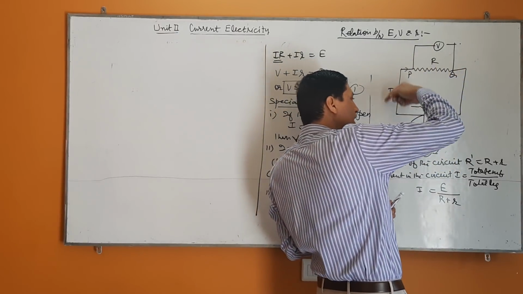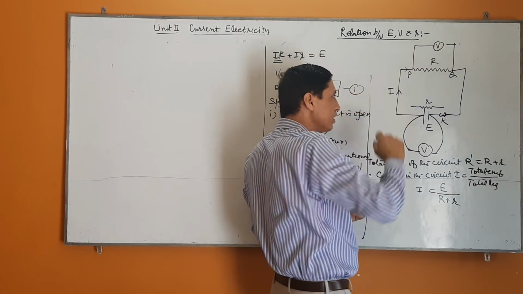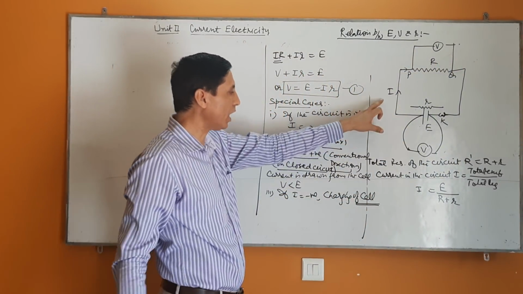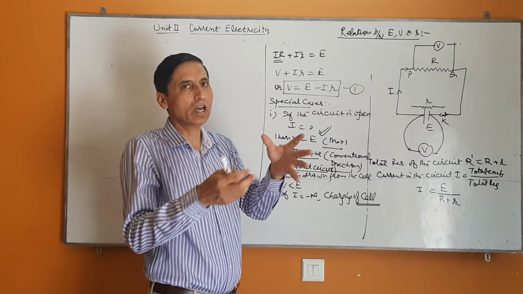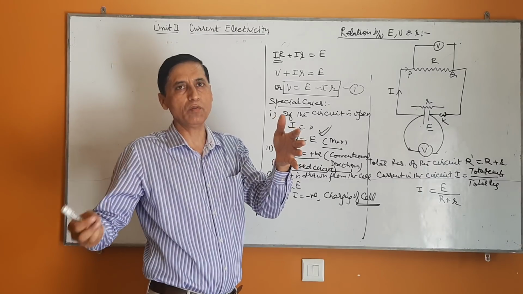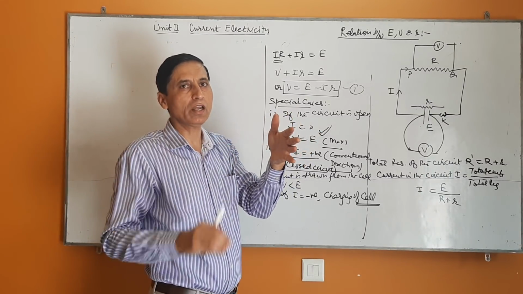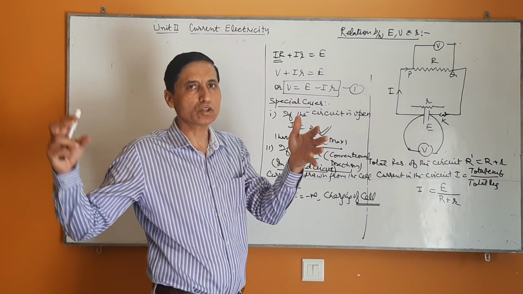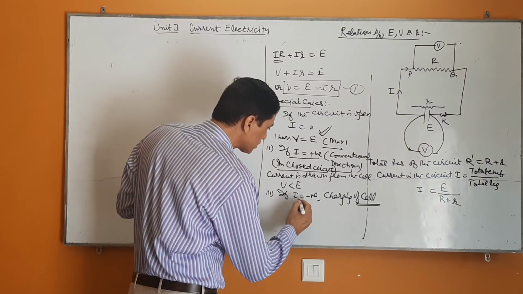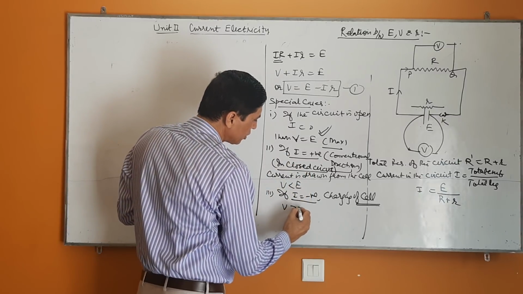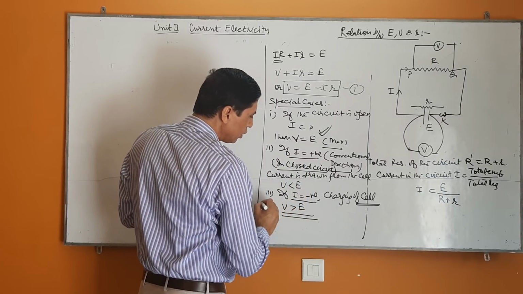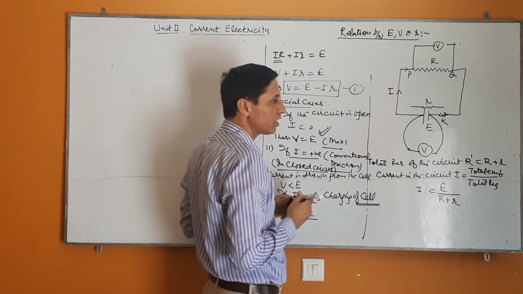In that case the direction of the current in this cell is reversed during the charging process, then I is said to be negative. तो I पॉजिटिव नेगेटिव का मतलब समझ आ गया. अगर सेल से करंट ले रहे हैं I पॉजिटिव, सेल को करंट दे रहे हैं, चार्ज कर रहे हैं, the current will be negative. फिर सोर्स से करंट दिया जाएगा, and when this current I is negative, then this term will become positive. Under that condition V is greater than E. So terminal potential difference is greater than E.